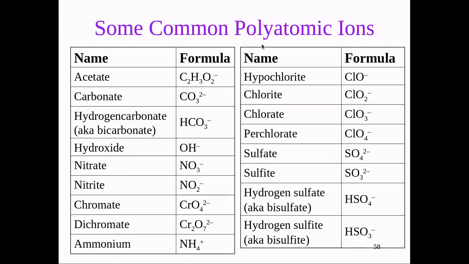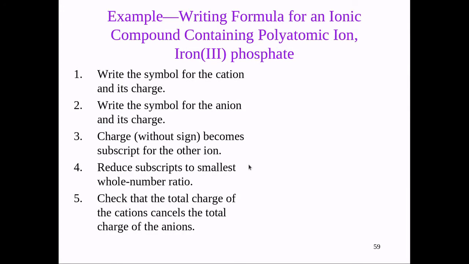Here are some of the common polyatomic ions. And we can see that there's at least one of them down here, ammonium, that is a cation, but the majority of them are anions. So typically you're going to see them represented in a formula as an anion. Let's talk about how we're going to write our ionic compounds using the polyatomic ions. Let's see if we can write iron 3 phosphate. Notice that a good way of recognizing that it's a polyatomic in the name is that it ended with ate. So if you see ate or ite instead of ide,